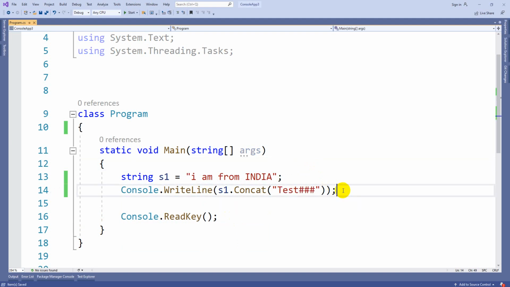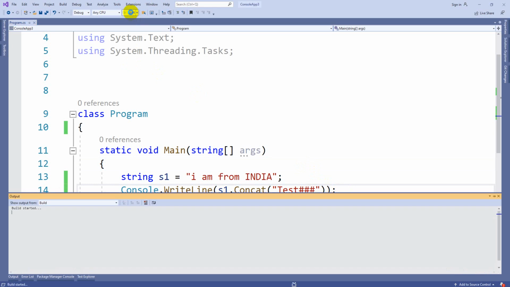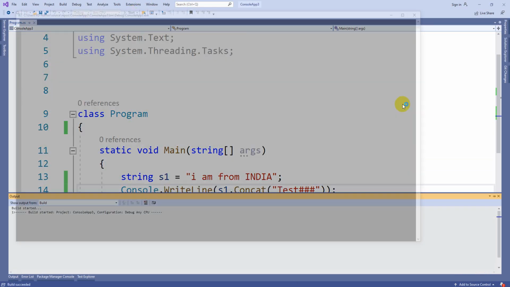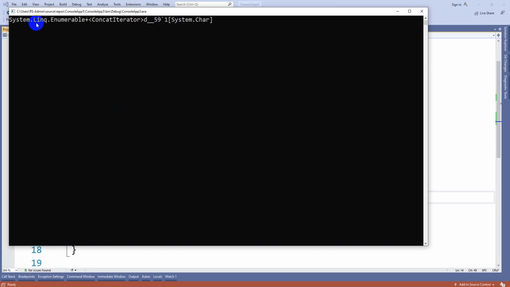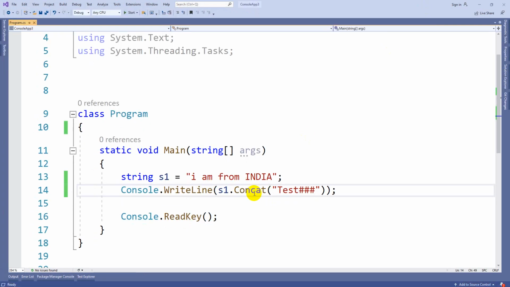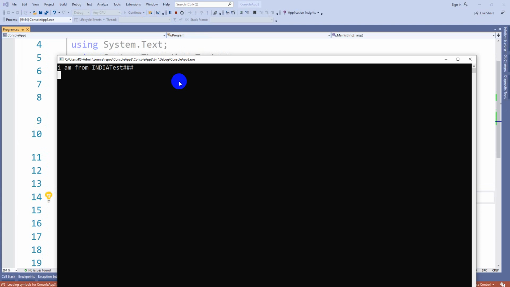Okay, so if you execute this particular code, let's do the concat by using the double quotes. Yeah, now you can see I am concatenating a string by using the plus.